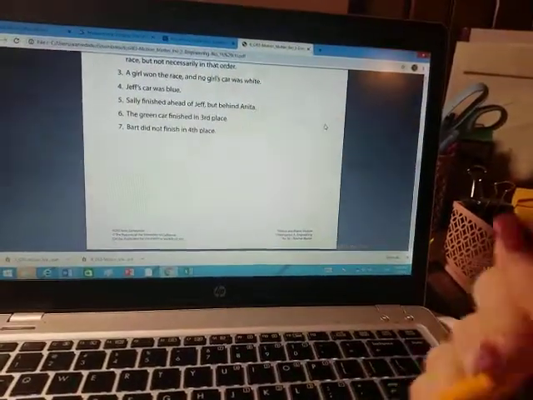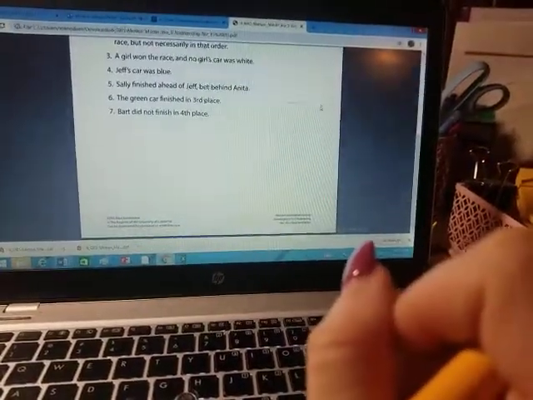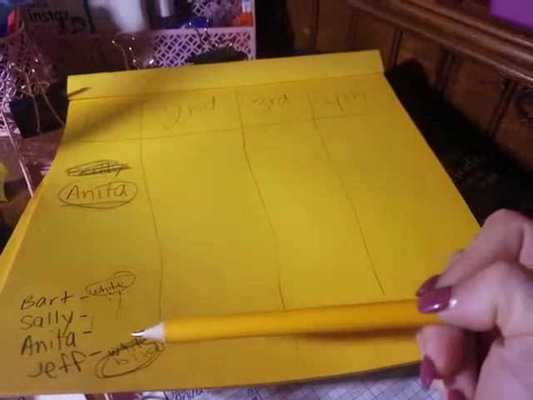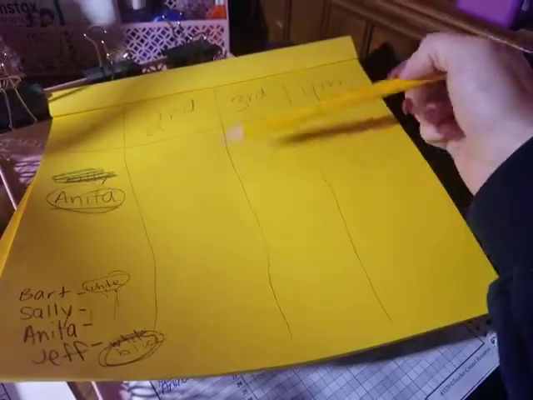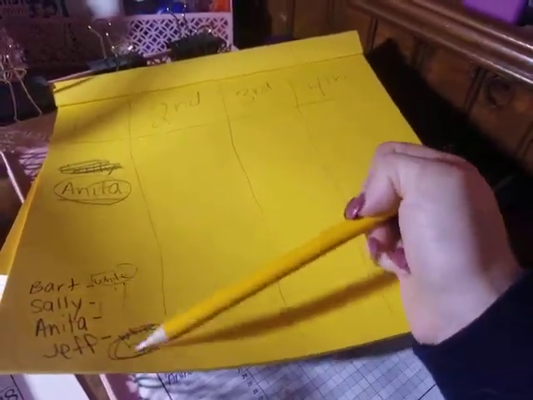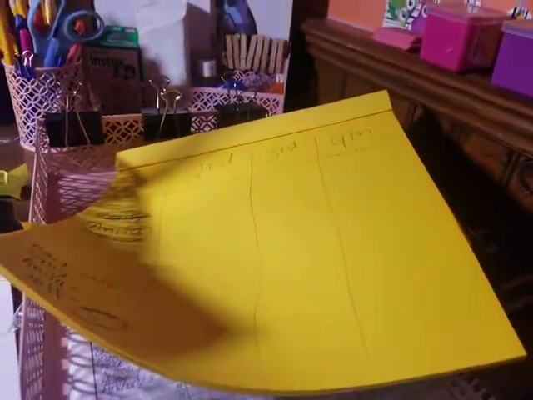Now, on this document, I don't think you can write on it, but if you print it out, you can write in pencil for me. Or if you really want, just take a notebook and write exactly like this. Do it like this and then take a picture of this. All right, so take a picture and send it to me or upload it on PowerSchool. So if you draw a picture of this, first, second, third, and fourth, and then you write the names and tell me all their colors, then take a picture of this, I'd be happy. And I know that that goes with this. So if you just use your notebook and write it out just like this, I'd be totally happy with it.